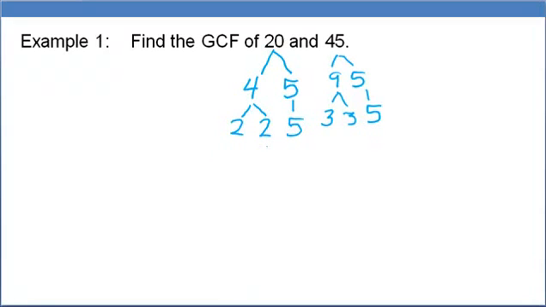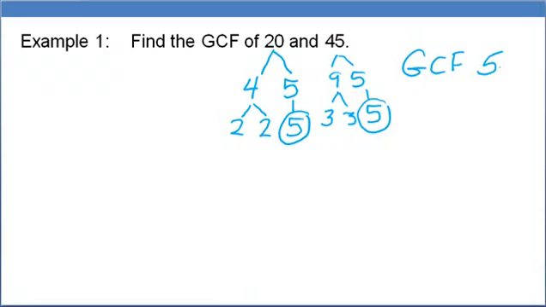Common means it has to be in both pieces. So we look at the 2's. We're not allowed to use a 2 because for the second one, the factors of 45, there is no 2. Also, we can't use a 3 because the first one, the 20, has no 3 in it. So the thing that we see that is common to both is the 5. That is the biggest thing that is common to both 20 and 45. So our GCF